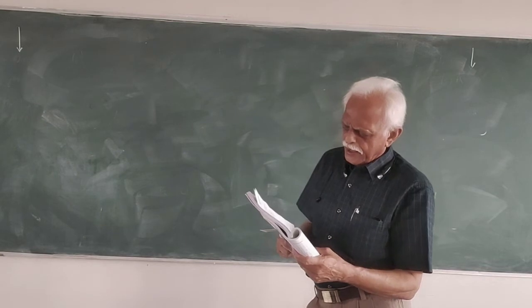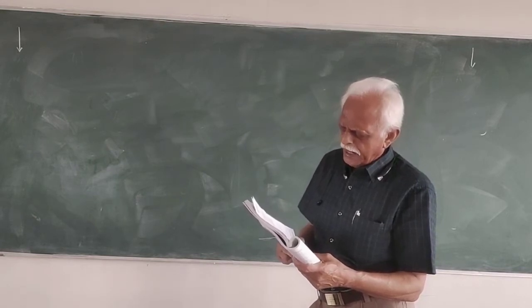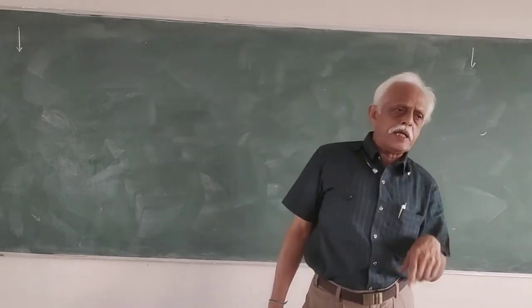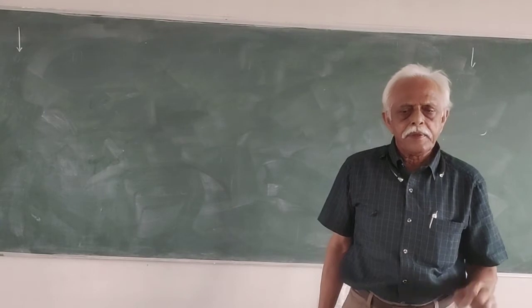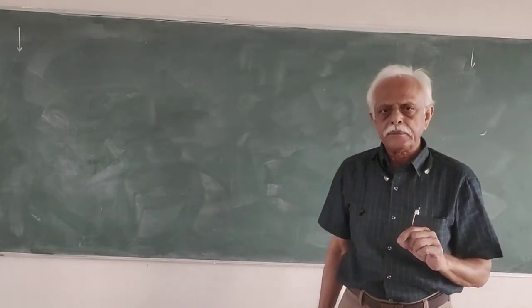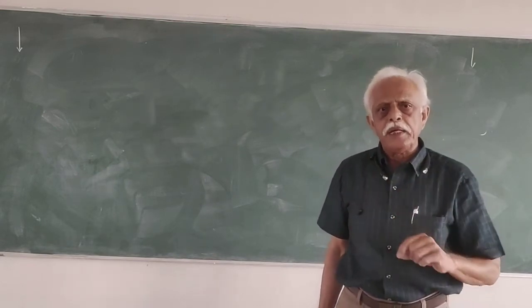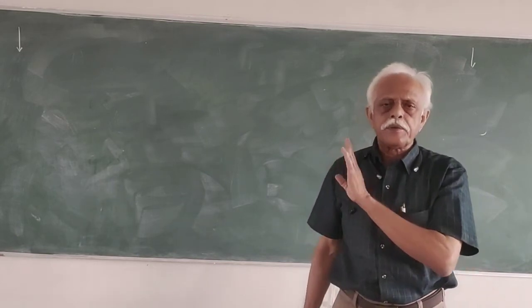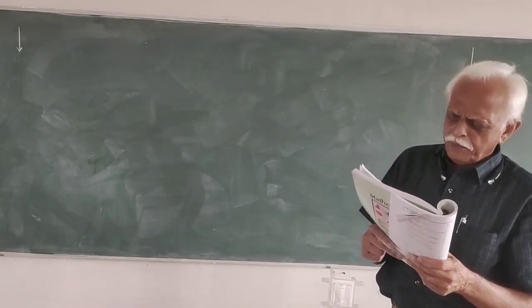A and B are square matrices of size n by n such that A square minus B square is equal to A minus B into A plus B. I gave the formula: A plus B into A minus B is equal to A square minus B square if AB is equal to BA. If AB is not equal to BA, then A plus B into A minus B is A square minus AB plus BA minus B square. So what is the option? AB must be equal to BA. Option number 1.